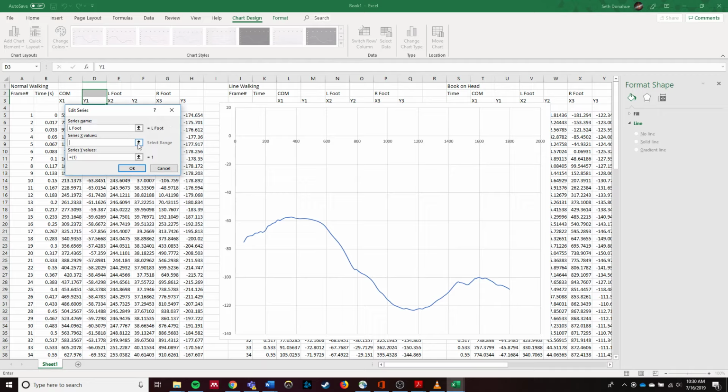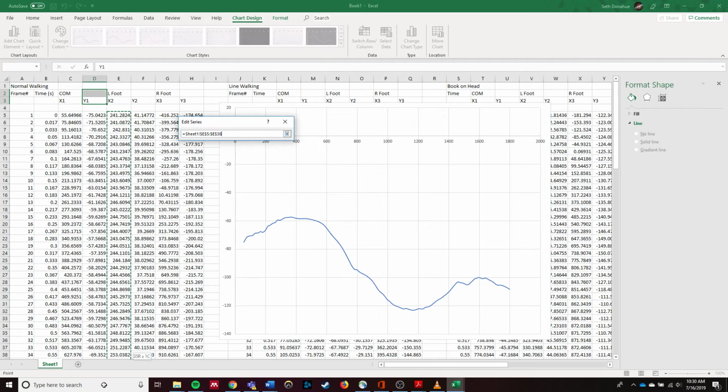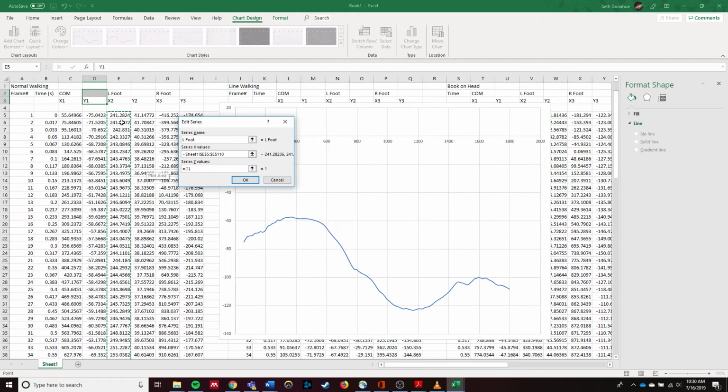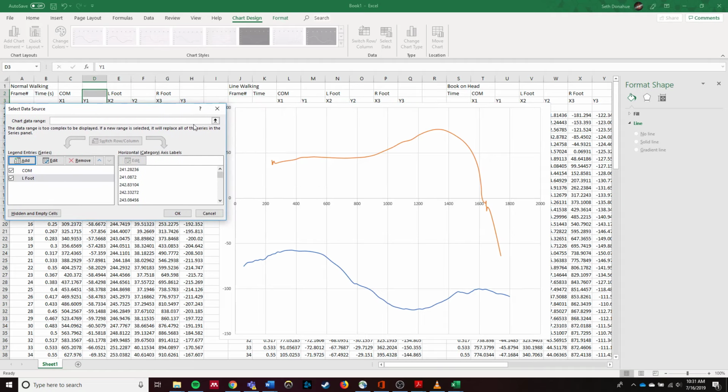Okay. Now for our X series, we're going to click and select all of these guys. It should be down to 110. So this is E 110. And like I did last week, I'm going to copy and paste this in. And so now it'll be F5 to F110. Okay, boom, there we go. Now we can look. We see that this is the left foot, and it makes sense